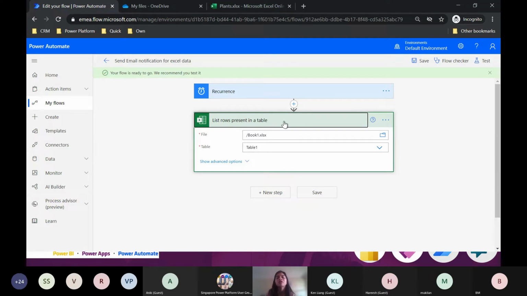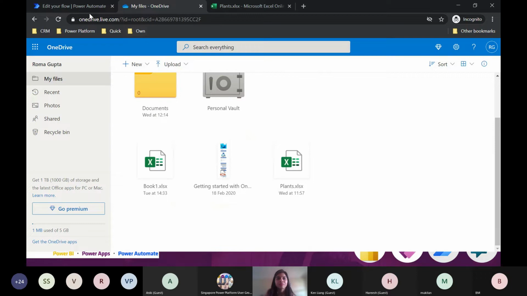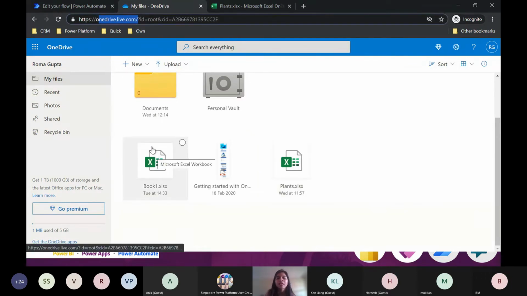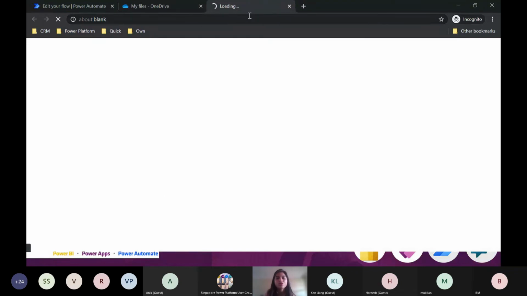Excel Online will take you to the OneDrive, and Excel for Business is all those files that are under SharePoint location. So I don't want to go to SharePoint for the demo. So I have created a OneDrive. I'm switching my tab over here. This is my OneDrive live account. I have a Book one Excel file created and a Plans one. My bad. Let me open Book one, so we can see the content inside before moving ahead.